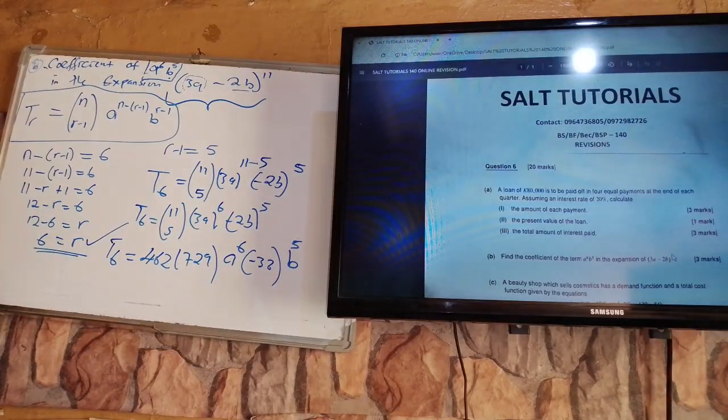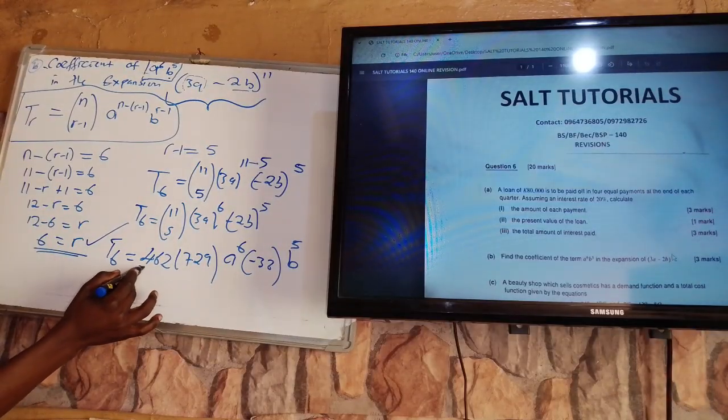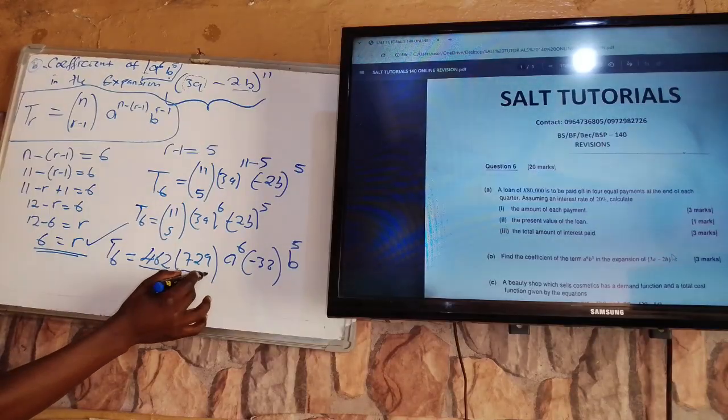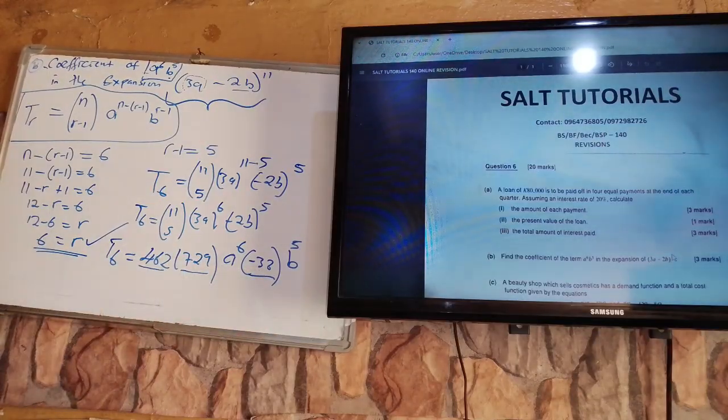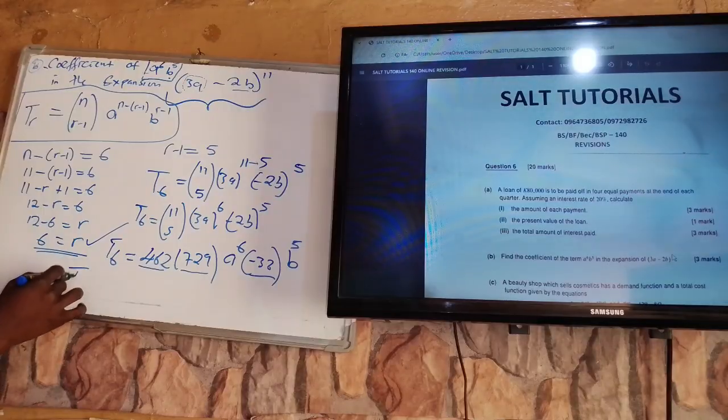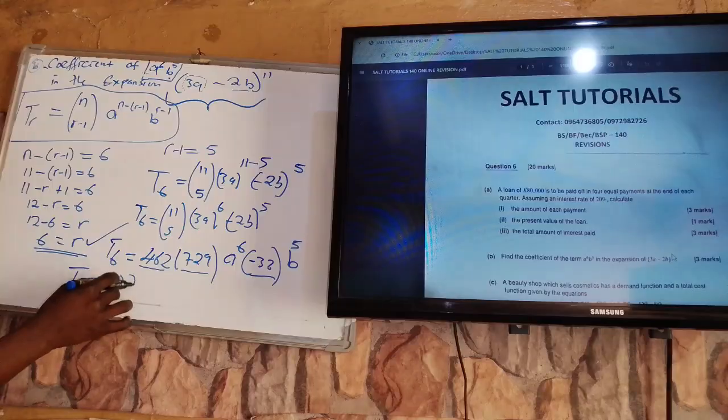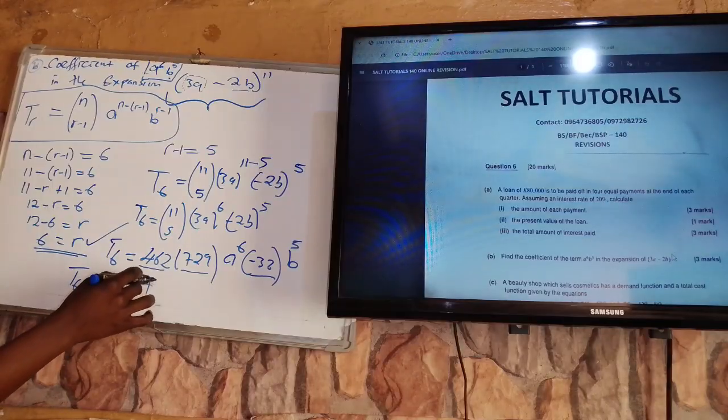This means I'm going to multiply 462 by 729 by negative 32, and I'm going to have our T6 equal to 10,777,